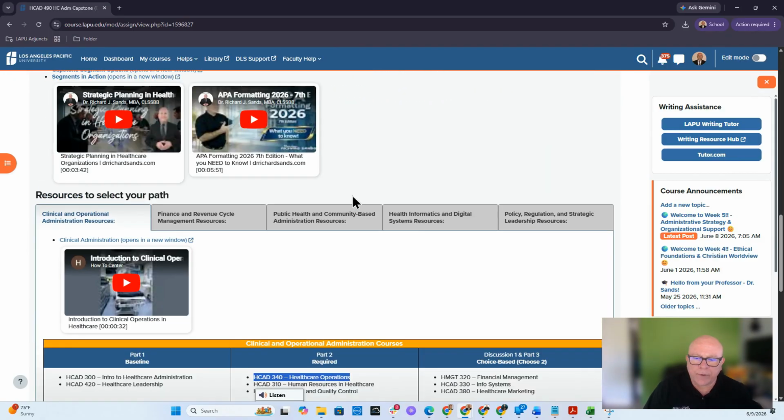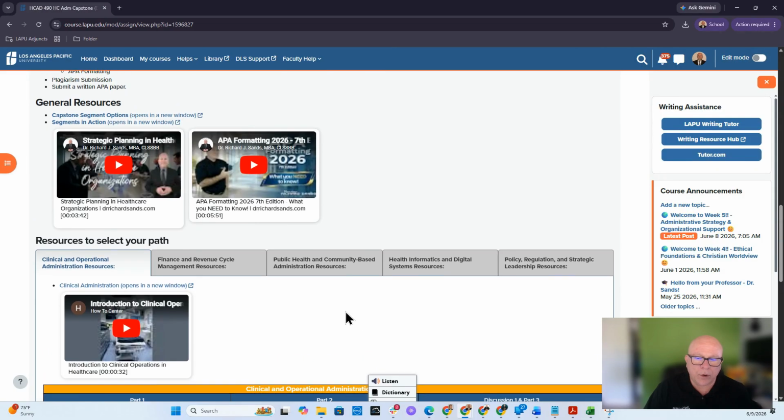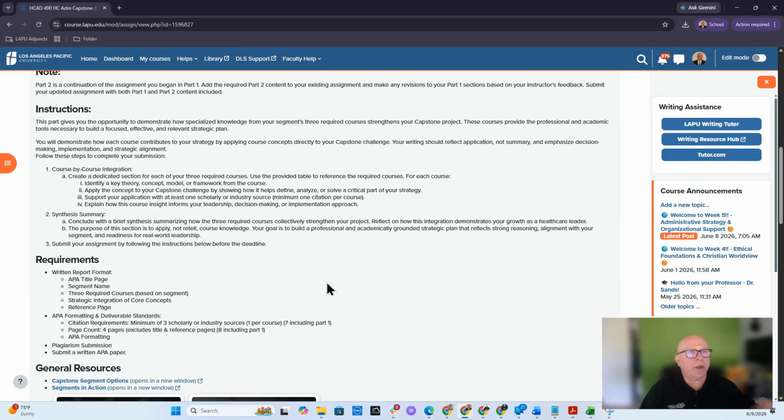A key model from healthcare operations, a key model from human resources in healthcare, a key model from ethics and quality control. So when you think about how your paper is going to be structured, you have your title page, APA format. You're going to have an introduction, and then you're going to have your part 1, and then you'll transition into your part 2, and